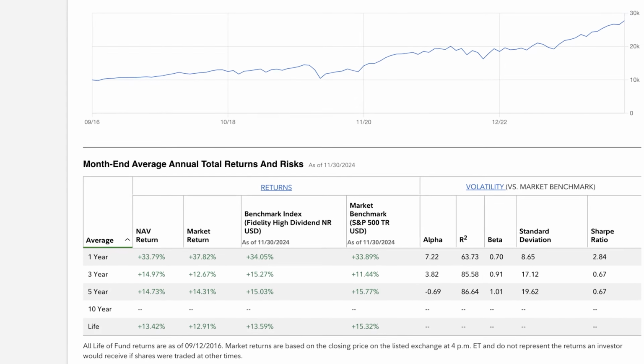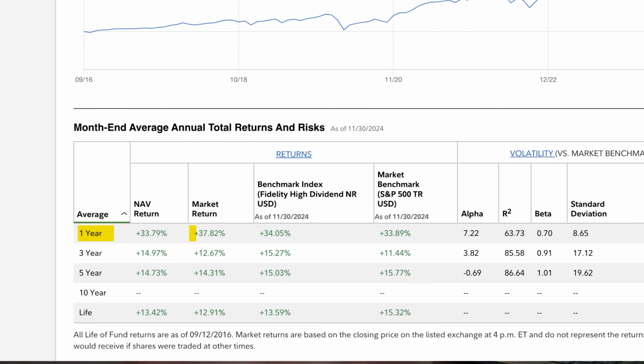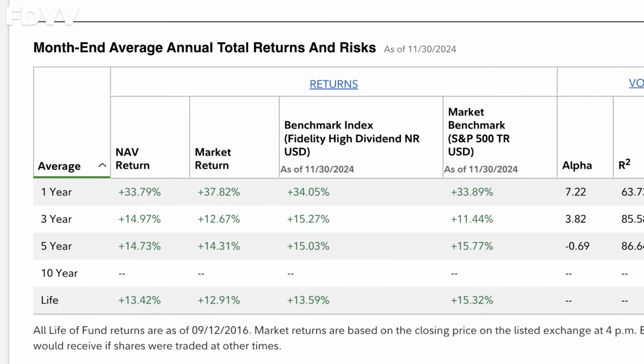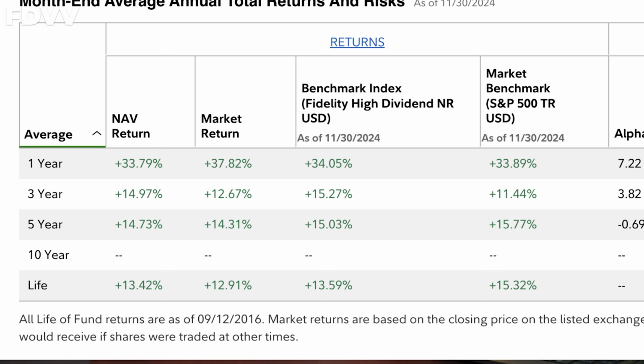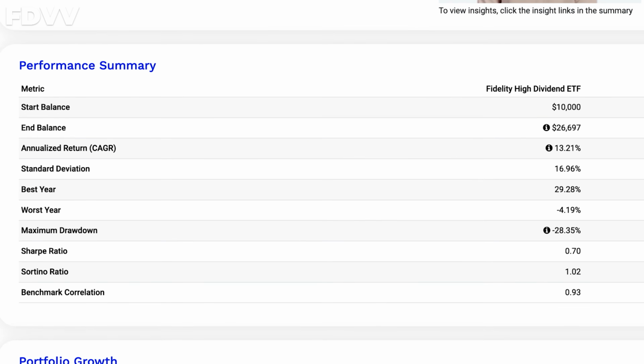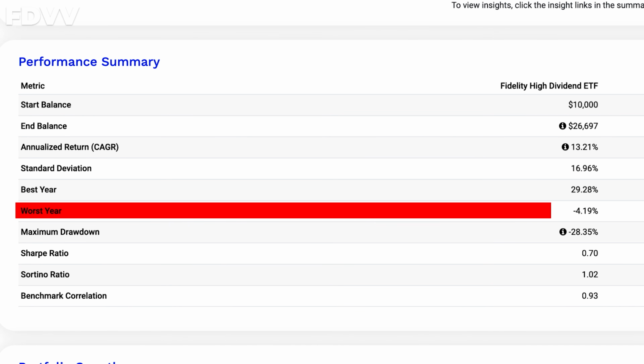For example, FDVV over the past year grew 37.8%, which includes dividends being reinvested instead of taking them out as income, but over the past 3 years, the fund has grown 12.67%, and over the past 5, that was 14.31%. Those are great returns, but I also like looking at the 10-year performance to see how far back it can go and what kind of data it was able to show, but for this one, it's not been out long enough as it was created in 2016,